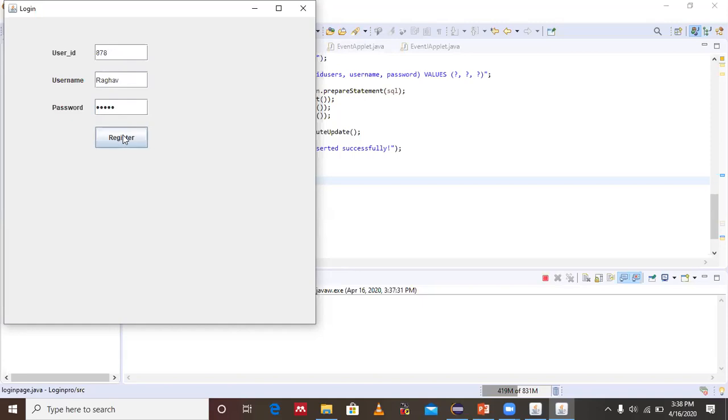Let us click register, and it will insert all the elements into the database. And now check out, this is my L3 label. My database insertion is successful, so it gives me the message that a new user was inserted successfully. This is your L3 label content. So this is how the program works.